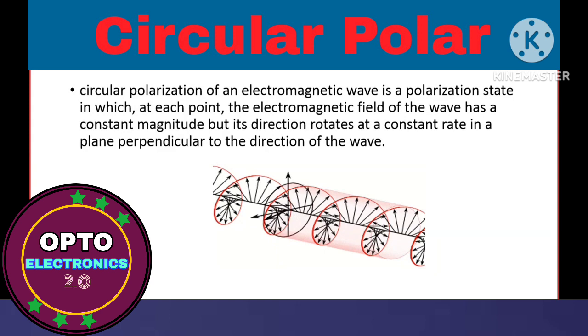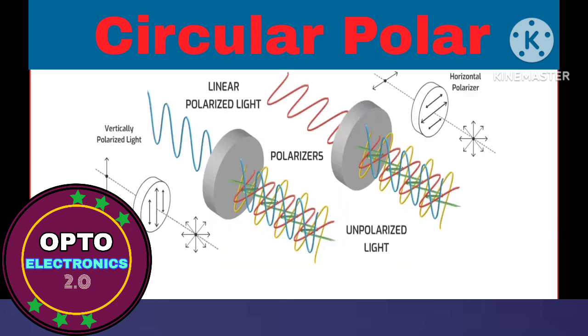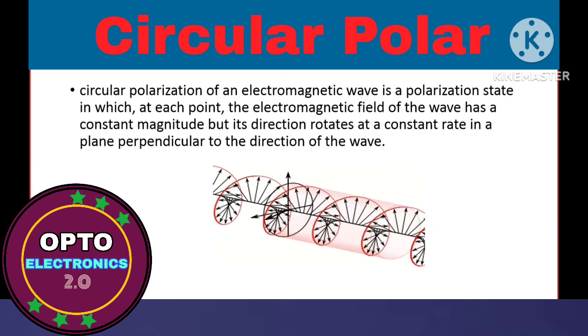okay, the next type is basically your circular polarization. Now, what do you understand by the term circular polarization? Anyone? Yes. Circular polarization of an electromagnetic wave is a polarization state in which, at each point, the electromagnetic field has constant magnitude, the amplitude will be the same, the amplitude is not going to change at any point, but the direction rotates at a constant rate in a plane perpendicular to the direction